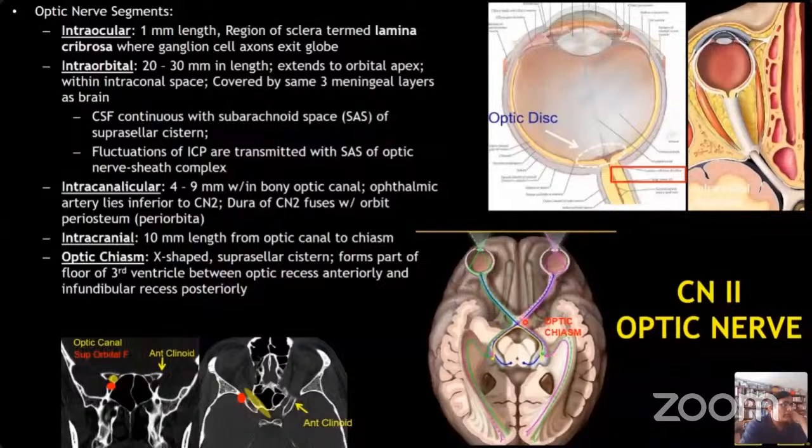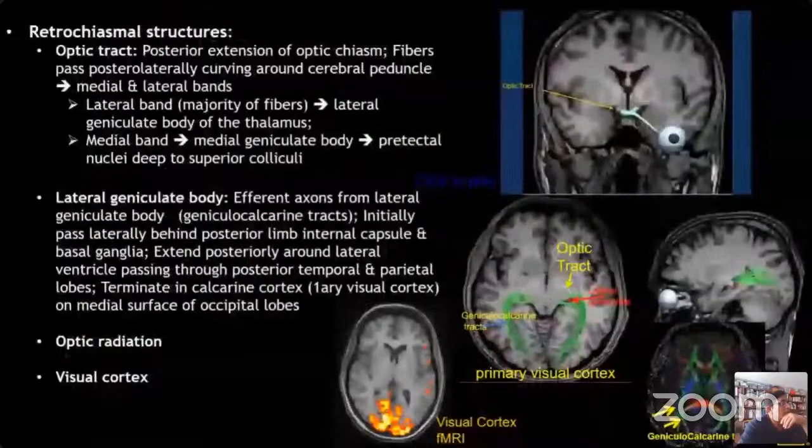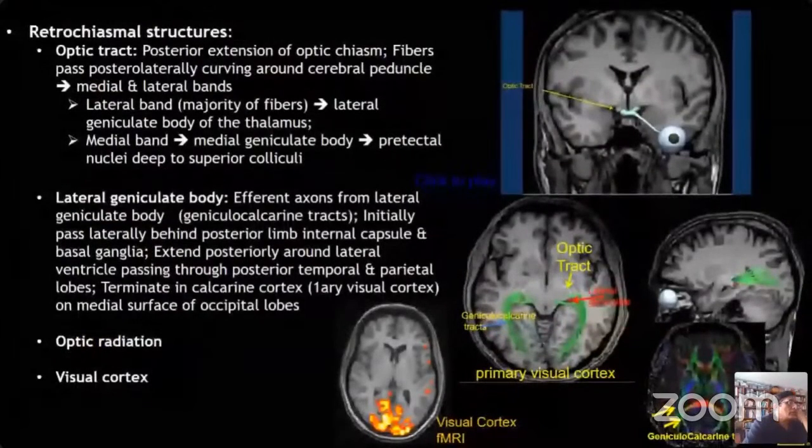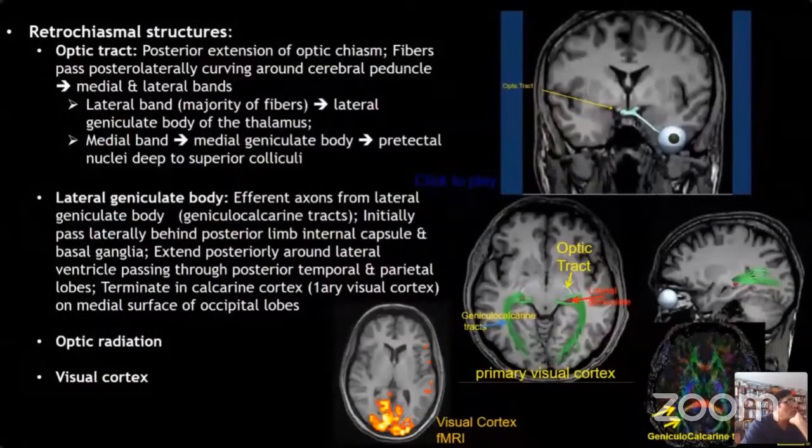And it actually meets each other at a structure which we very well know, the optic chiasm. From the optic chiasm, there's decussation of the lateral fibers of the optic nerves, and then it continues on into the optic tract. The optic tract, again, is an X-shaped structure. And from the optic tract, it continues on to the retrochiasmal structures. So the retrochiasmal structures would be